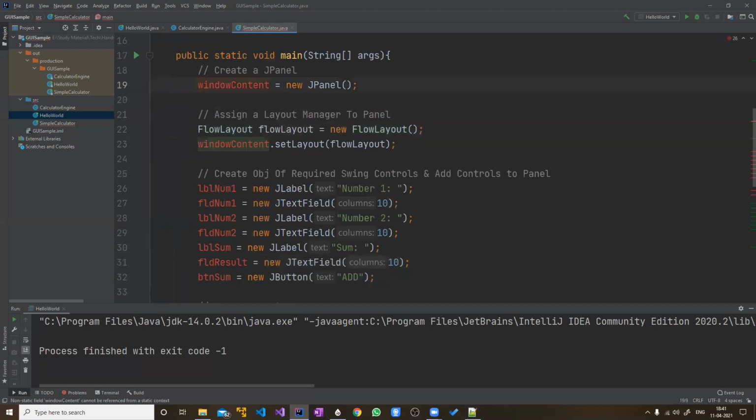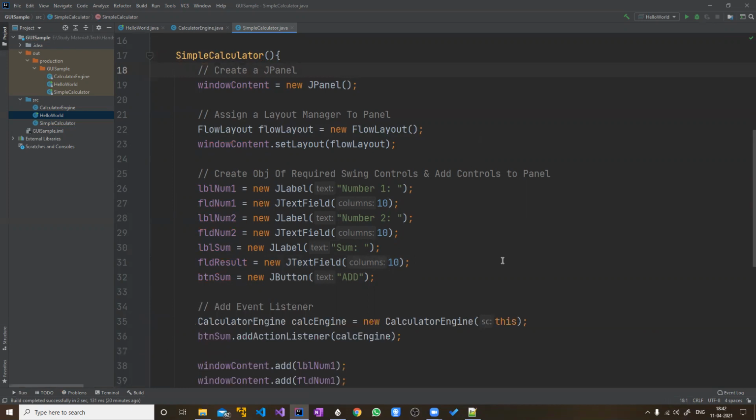So that's why I have written it inside. But the thing is, now you can see all these variables are in red color. That means there is a problem there. The problem is that again, this main is a static function. So actually, these buttons and all should come into existence only when an object of this simple calculator is created. So that's why I'll make it part of a constructor. You can see all the errors are gone, right? By making just one change.